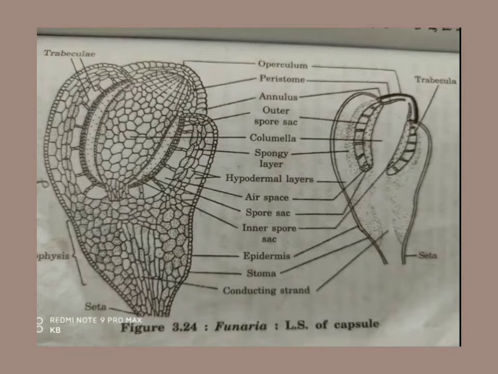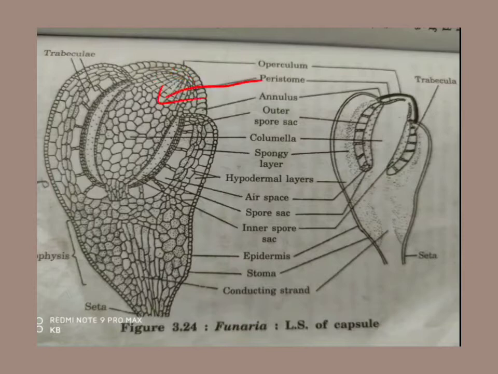The upper portion is known as the operculum, and below the operculum the peristome is present. You can see this is the peristome, and the peristome functions in dehiscence of the spore,